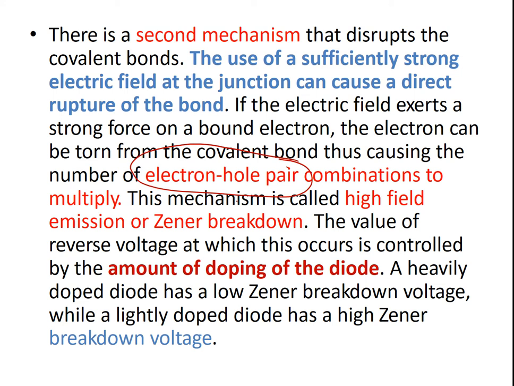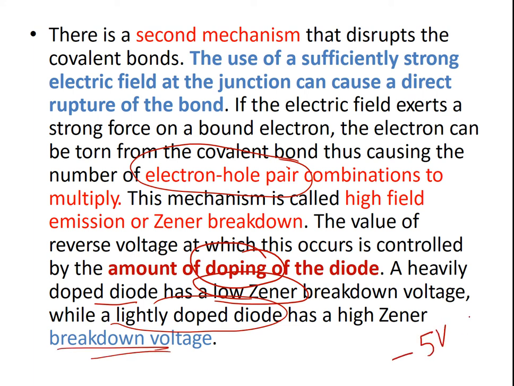Now the question is at which reverse voltage the avalanche breakdown of the Zener diode will happen. That depends on the doping of the diode, that is, how you dope your material to get the extrinsic semiconductor material. If you have a heavily doped diode, it will have a low Zener breakdown voltage, and if you have a lightly doped diode, it will have a higher Zener breakdown voltage. Low means, for example, after 5 volt we will get the constant voltage drop. High means maybe after 10 volt or 50 volt we will get the constant voltage drop.